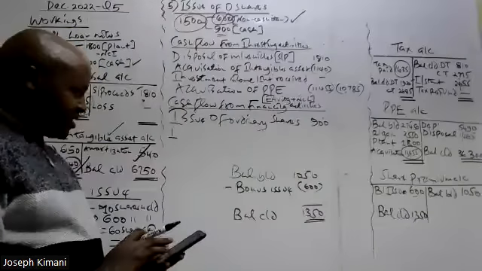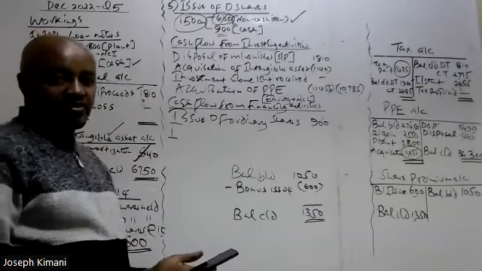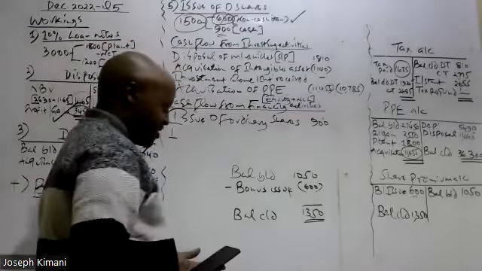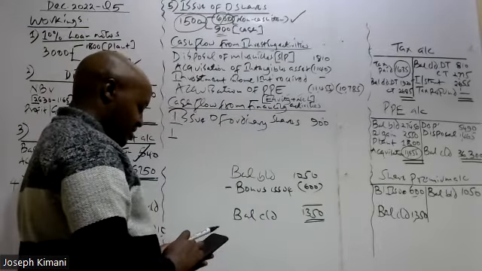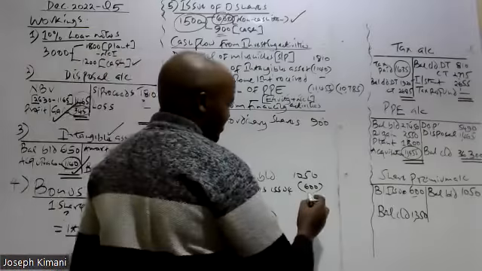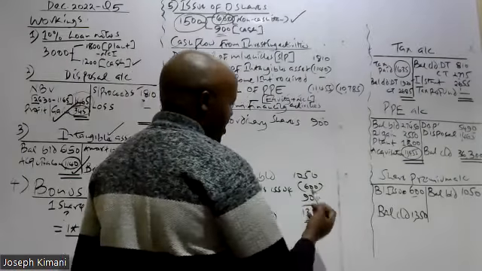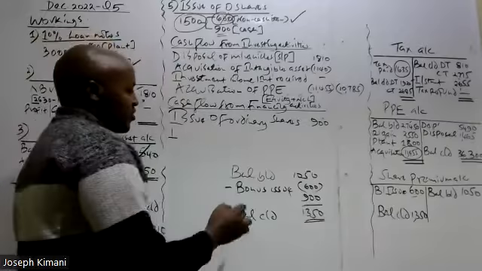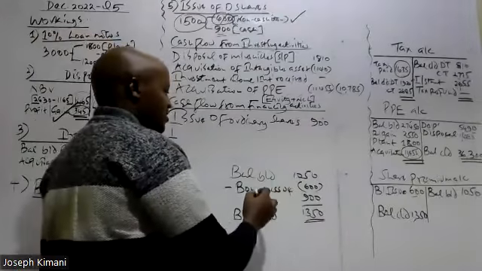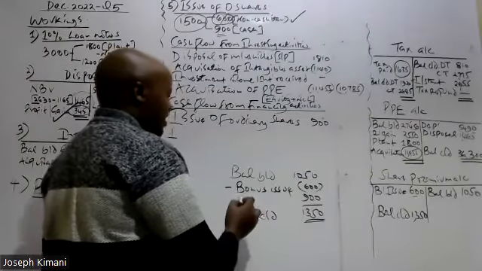1050 minus 600. So that should give us 450. But how much is the closing balance? The closing balance is 1350. So we have a difference of 900. So automatically, this is an increase. This is an increase. So what makes the share premium increase is